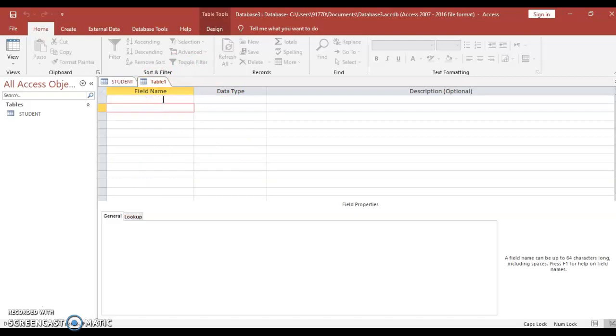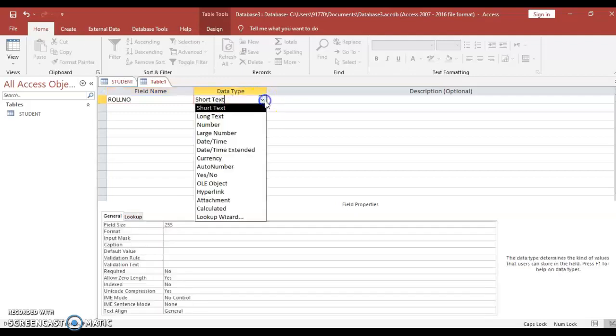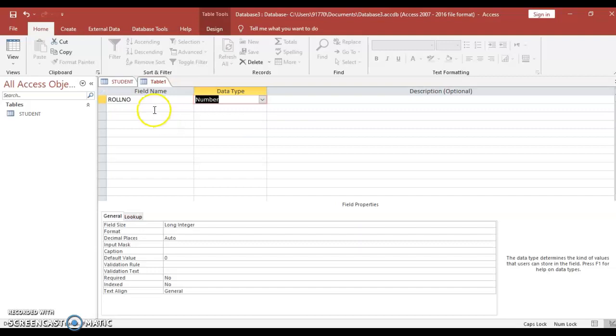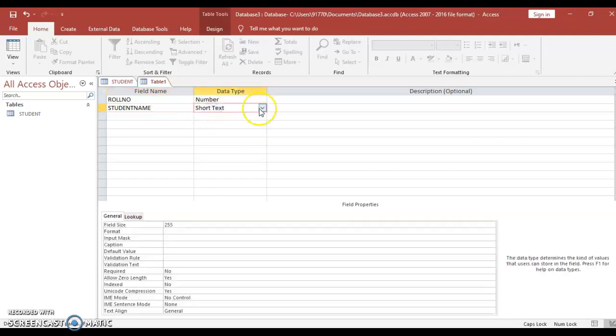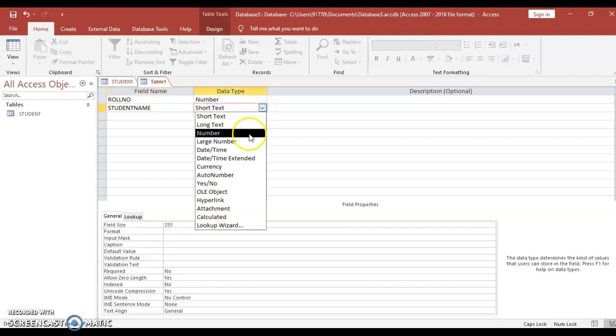For example, first, roll number is my first column name, and the data type for that is your number. Okay, next is student name is my second column name, and here select the data type, appropriate data type,